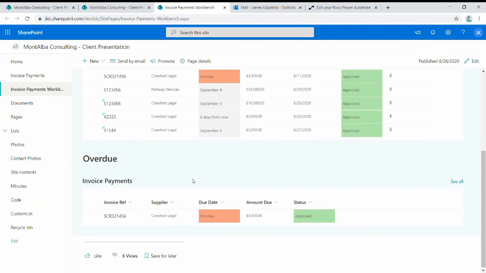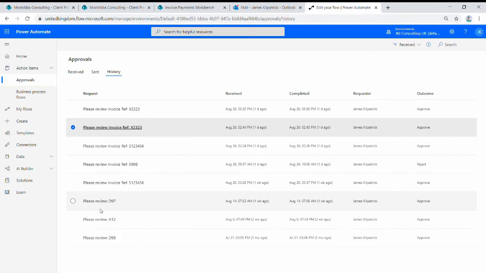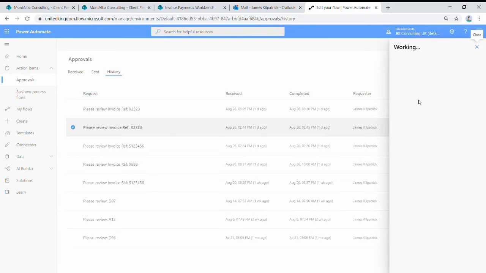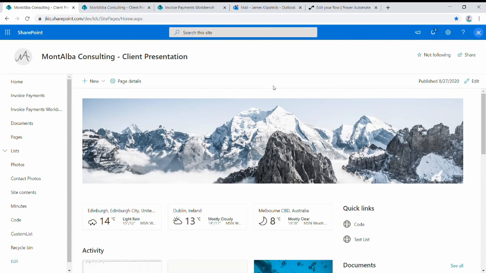The engine behind the workflow process here is Power Automate, another application provided within the Office 365 package. It provides a useful audit trail of the approvals and information on who approved or rejected them, when, and what comments were left. So hopefully that gives you an idea of what can be built to help you control and